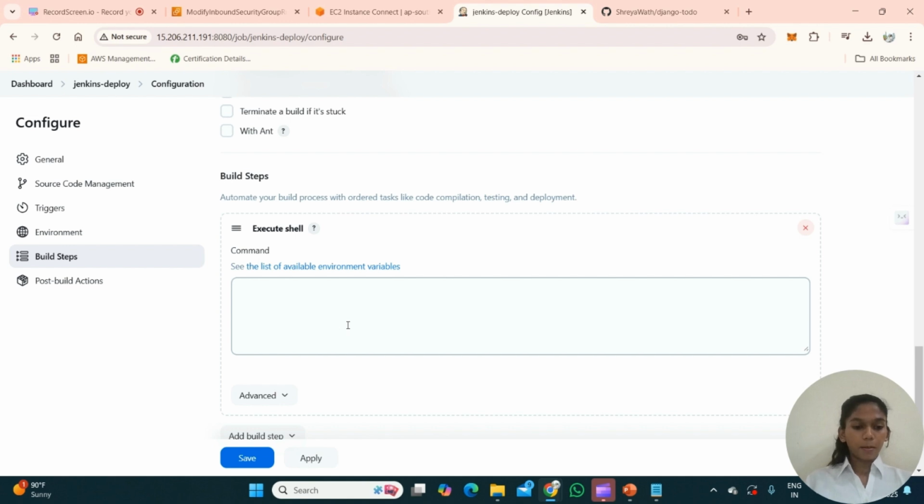So here we'll give the command docker build . -t and the name of the job, jenkins-deploy. Click on enter. What this command will do is it will build a Docker image using the Dockerfile located in the current directory. The next command which we'll be giving is docker run -p